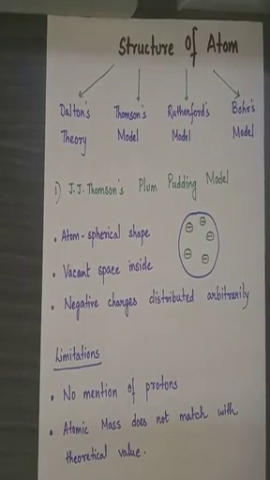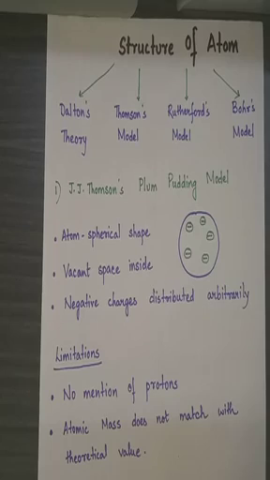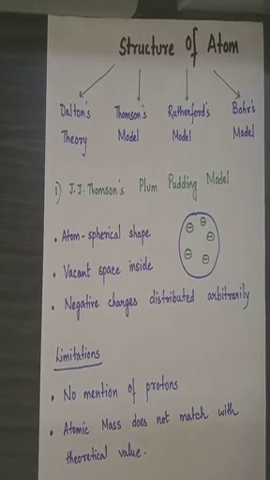Students, now as I had promised, I come to the first part of the structure of an atom. The first part deals with the theories behind the structure of atom and also the characteristics of cathode rays, anode rays, electrons, protons, neutrons.